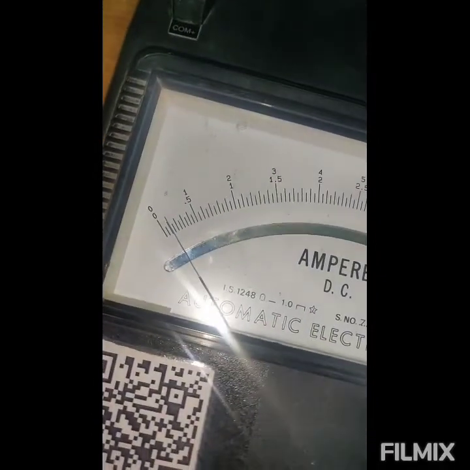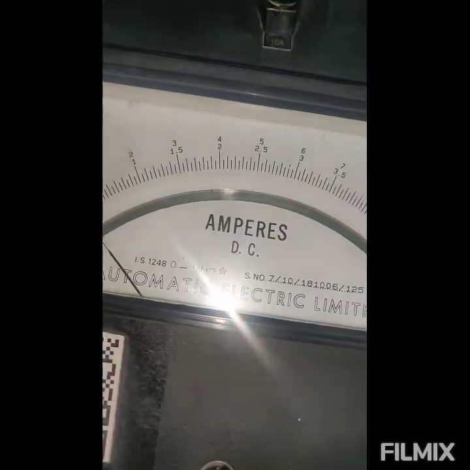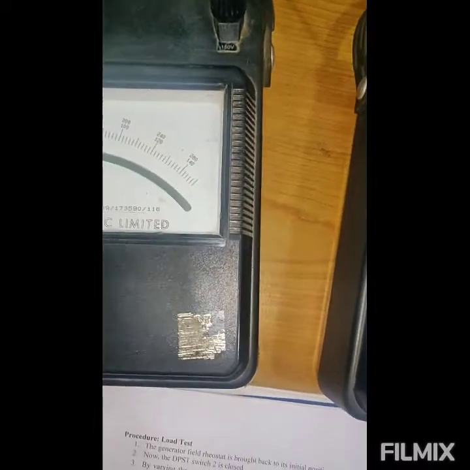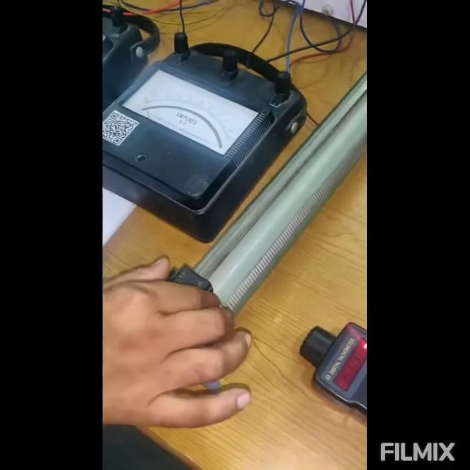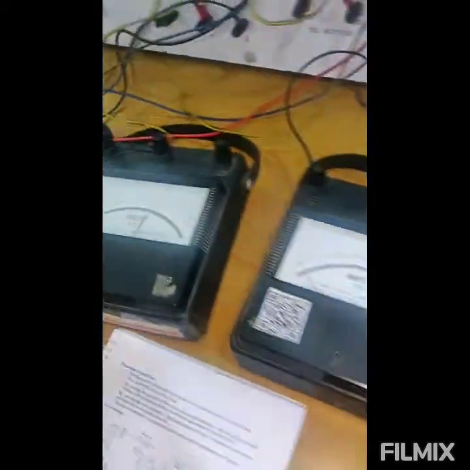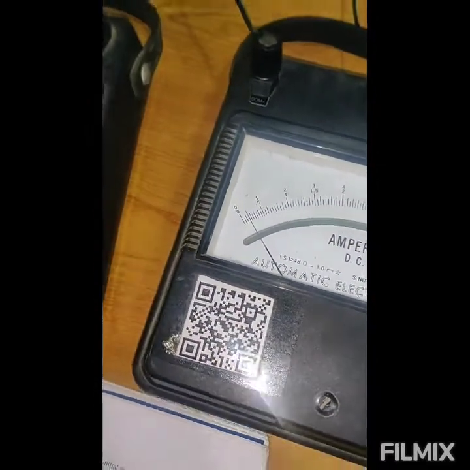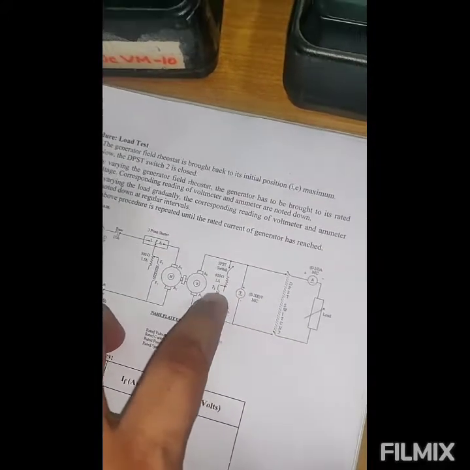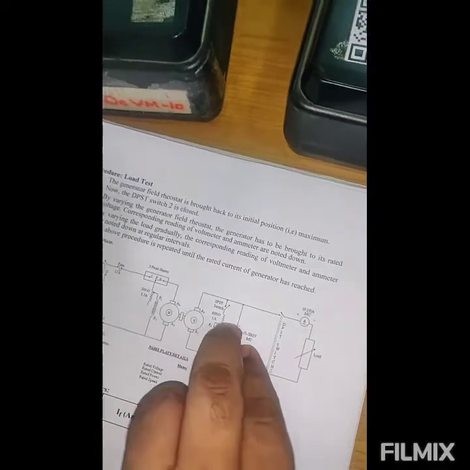The current is about 0.1 ampere, okay, and this one is 160, right? So if we decrease the value, now the value has been decreased. Now the value of the voltage is increased, and the current is also increased, but very little. This resembles this one. When we decrease the value of this resistance, the value of current and voltage will increase, because we stop wasting power at this rheostat.